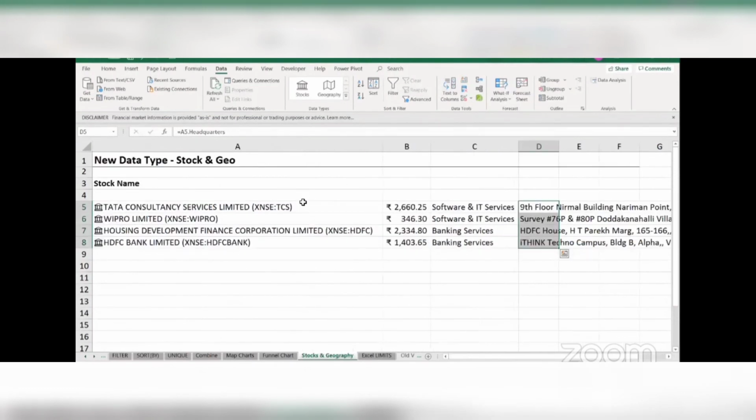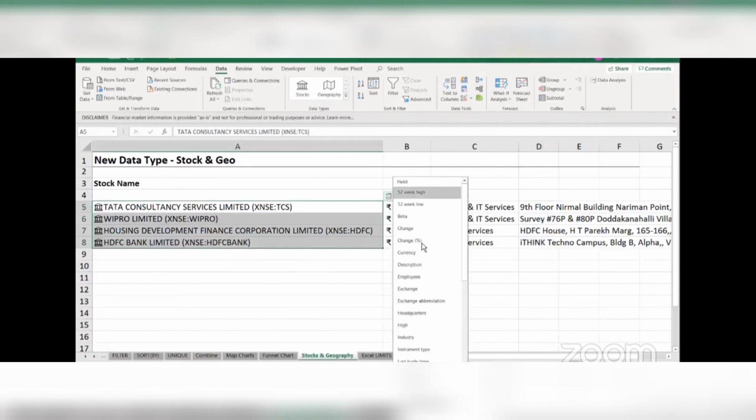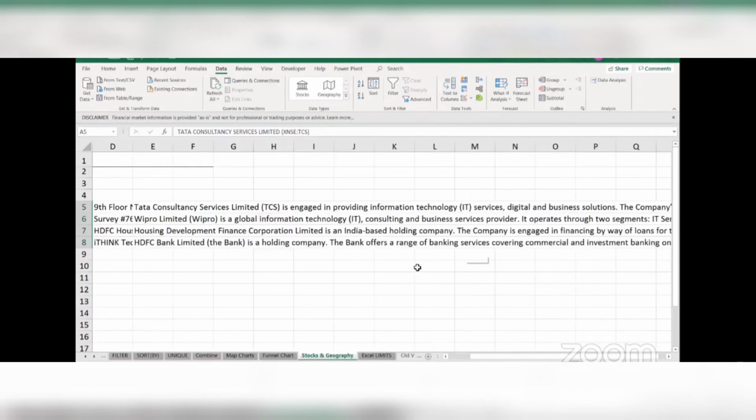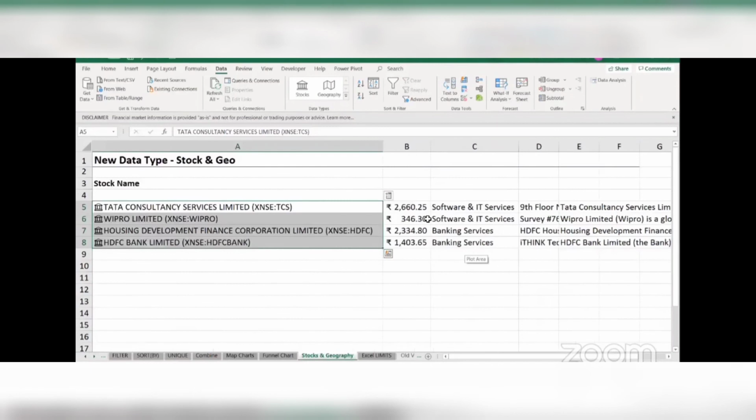You can go ahead and select multiple other options. You have 52-week high, you have the currency, description, and so on. If you select description, you will have the description of that as well, right? So all these things are completely possible now in Excel 2019 on the click of a button. So guys, if you think this is amazing, type in amazing in the chat. I'm waiting for you all to type in amazing and then I'll show you one more amazing trick here.